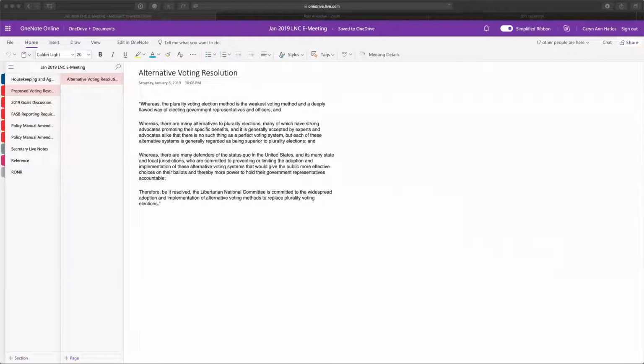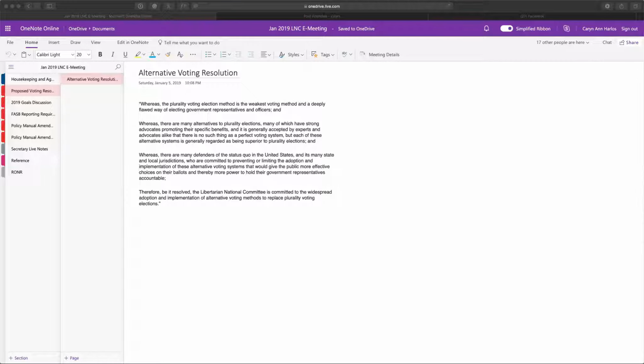I would. I think that if not every ill that the Libertarian Party suffers is due to the plurality voting system in the United States, it's darn close. It is critical to the future of this organization that the voting system in this nation be altered so that many fewer people feel they have to vote for the lesser of two evils. And I think that just about all, perhaps all of the ills of this party can be traced to the voting system in the United States, and that's why I put this forward,